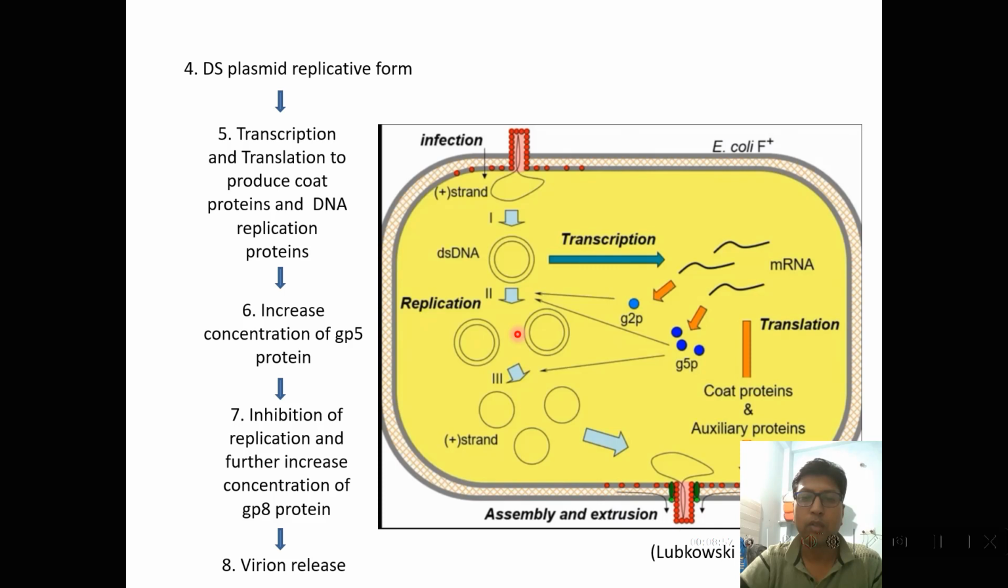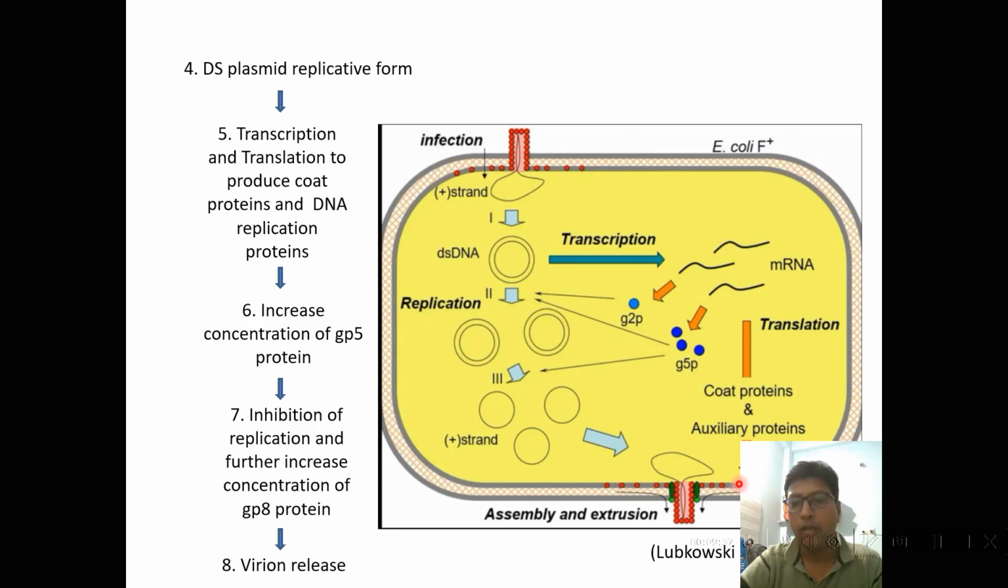Then there are some assembly proteins which are responsible for the packaging. Here the GP5 protein is responsible for the initiation of packaging of the bacteriophage. When the concentration of GP5 protein increases, it inhibits the replication mechanism, and it initiates the packaging of bacteriophages, and it also initiates the synthesis of